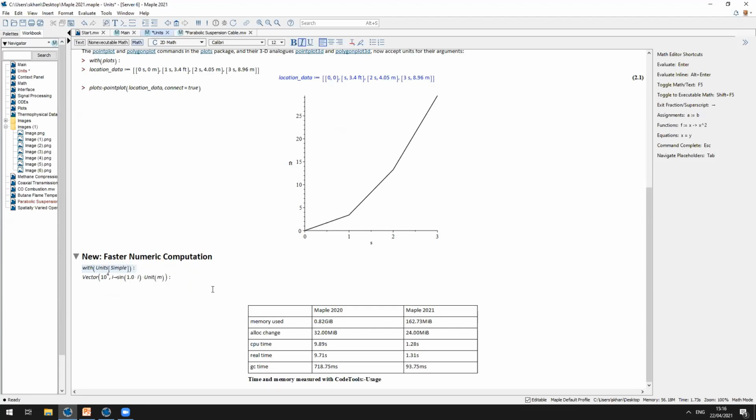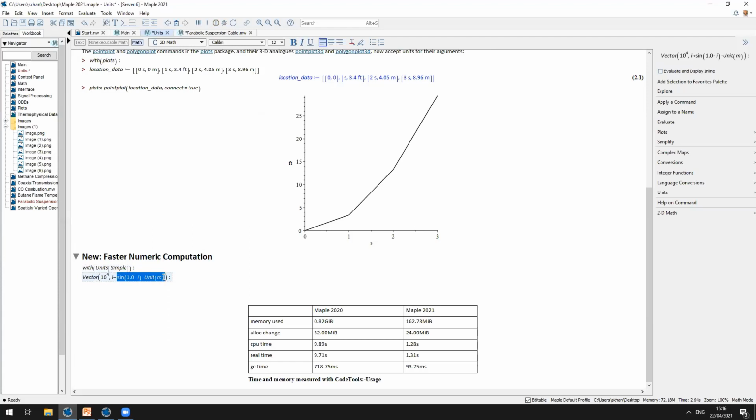We've also made some tweaks to the underlying infrastructure of Maple's various units packages. Numeric computation with units is now much faster as well. So here I have a pretty simple command, but it demonstrates some of the performance improvements. I'm simply populating a vector with 10,000 elements